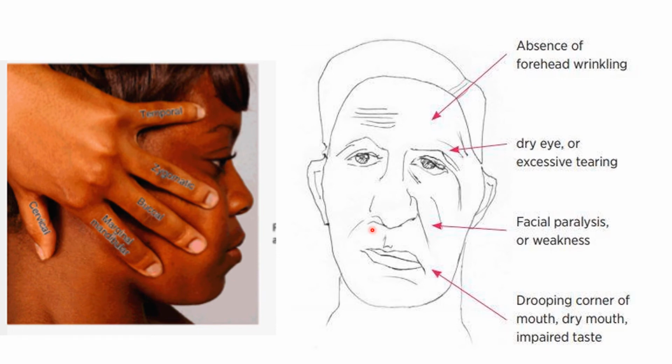So this picture again tells you what the complaints would be if this nerve gets damaged, or what you would see in the patient. That is absence of forehead wrinkling, dry eye or excessive tearing, facial paralysis and weakness of the muscles of the face, drooping corner of the mouth, dry mouth, and sometimes even impaired taste, because the facial nerve, though we've discussed only the motor aspect of it, is also involved in taste sensation, which we will see as we go